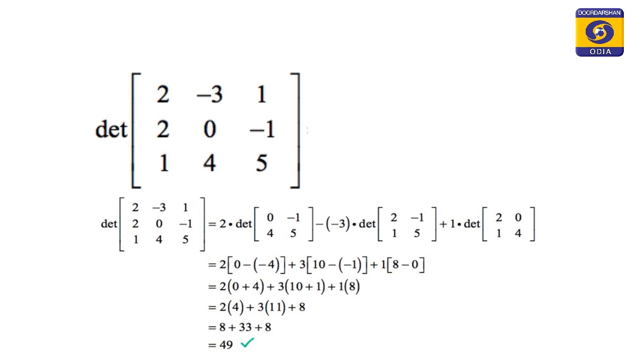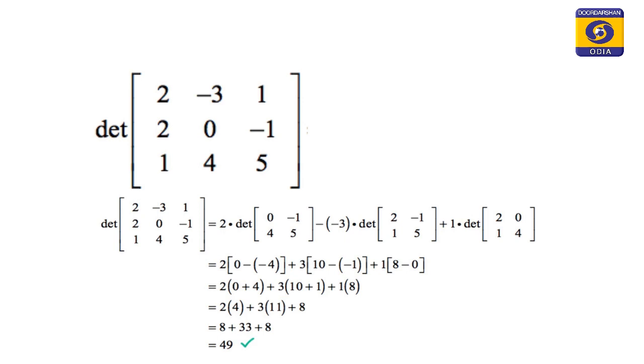So, here is another determinant where we have found out the determinant value using the expansion method along row 1. Row 1 has elements, as you can see, 2, -3 and 1. Here we have taken the positional sign as well as the elements. The first element is 2, where the positional sign is +, so +2, and again we have found out the second order